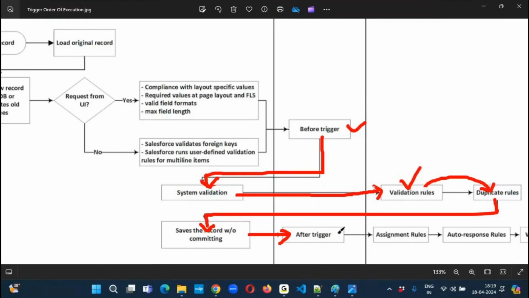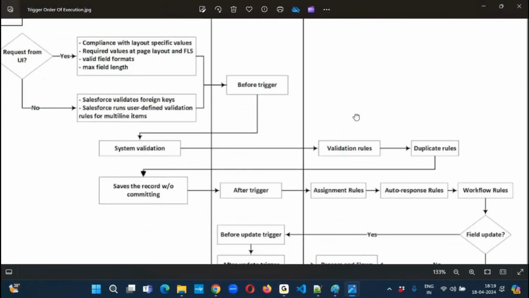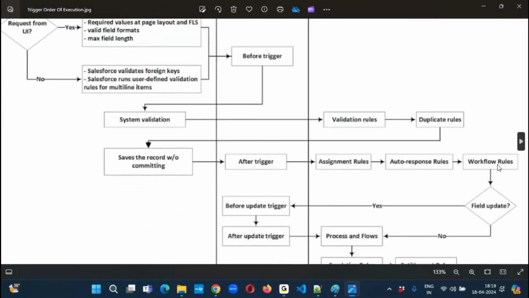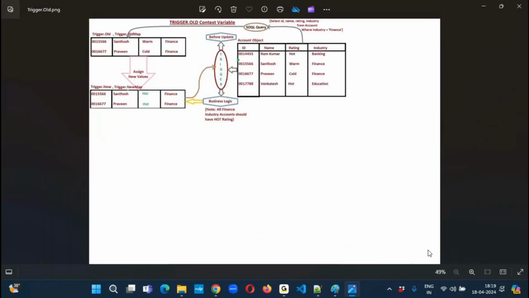Once the after trigger has performed its operation, it will execute assignment rules. It will assign the record to the respective user, that means it will transfer the record to the respective people. Once the record has been transferred, it will send the email notification with the help of auto response rules. Then, once the auto response notification has been sent, the workflow rule will fire. Once the workflow has been updating the field,